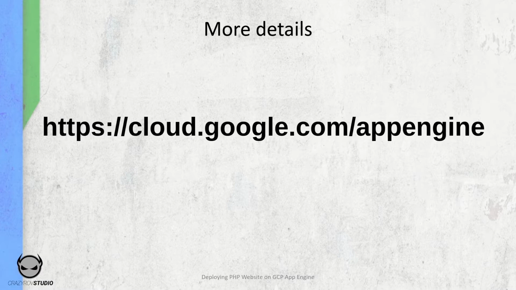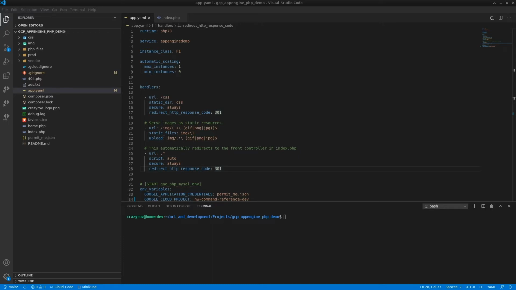The second and the most important for me though is the cost. The App Engine scales automatically and also scales down to zero when there is no traffic to your website, which means that you are not charged all the time. My last month's bill was around 20 rupees, but again, my website is not that busy. Again, depending on how frequently your website is accessed or how busy your website is, your cost might vary or change. Now let's take a look at the configuration side of deploying a website on App Engine.